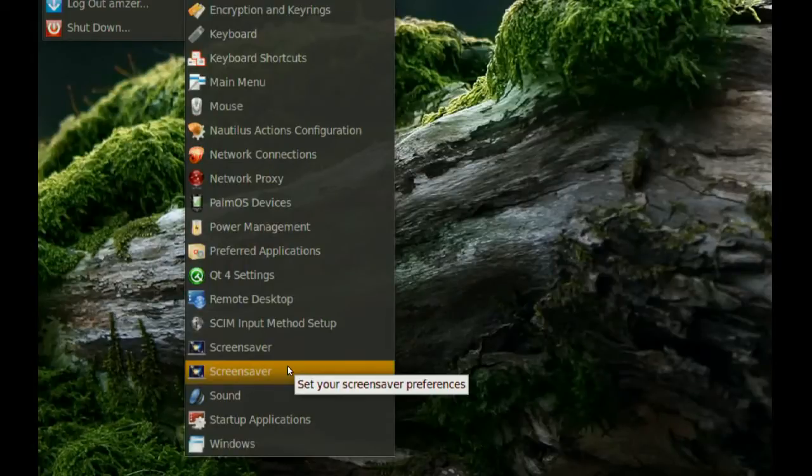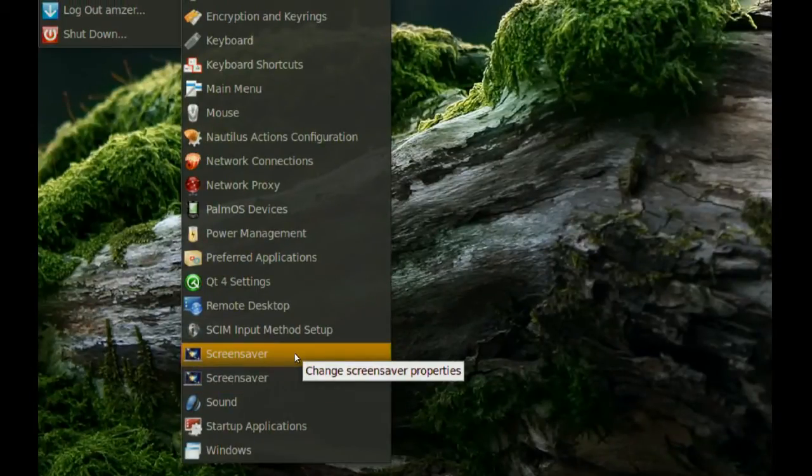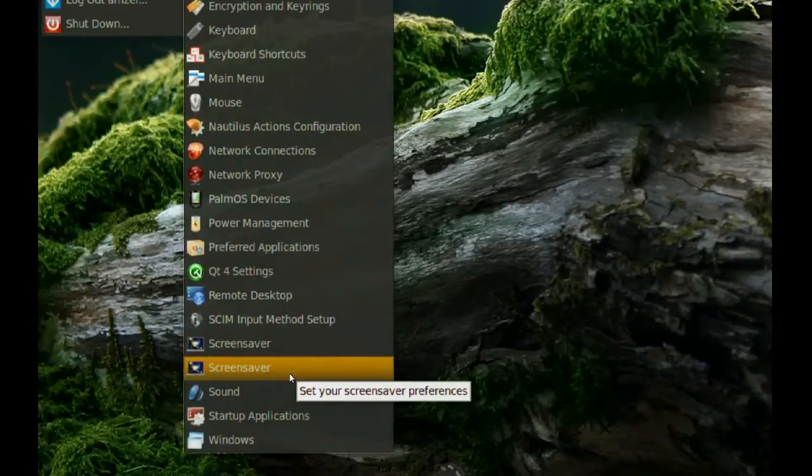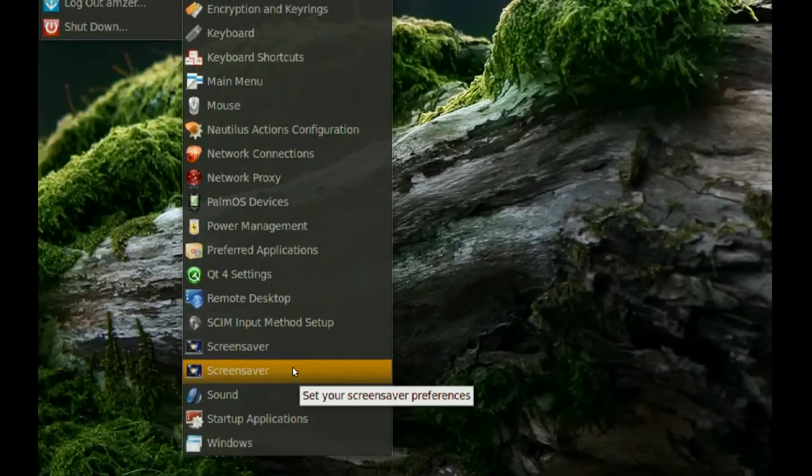The first one is going to be the new one, which is Xscreensaver, and the second one is going to be the default gnome screensaver. So if you don't want these two entries here and you're just going to be using the Xscreensaver, all you have to do is